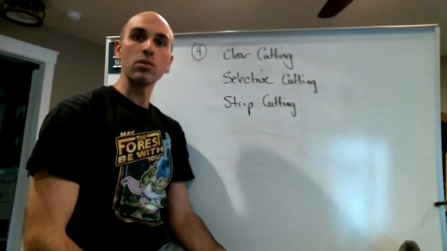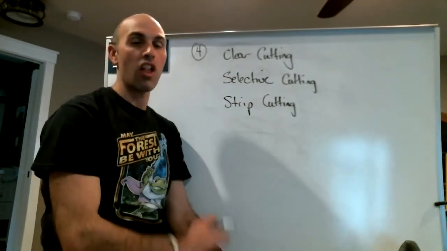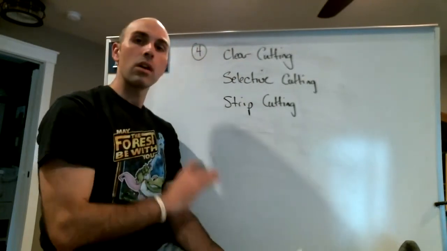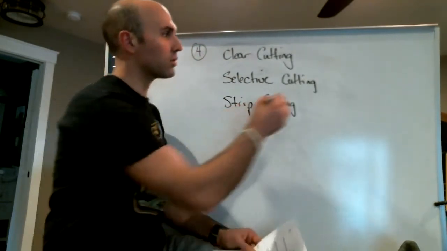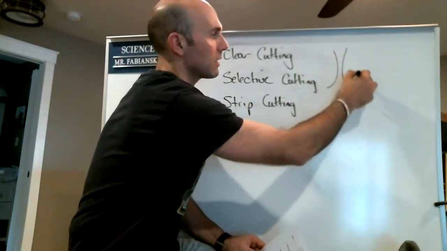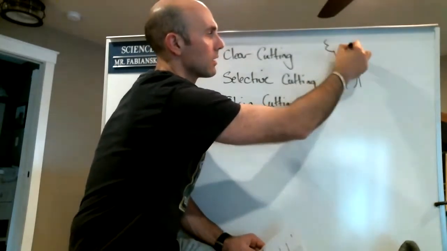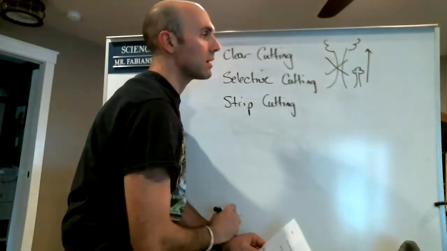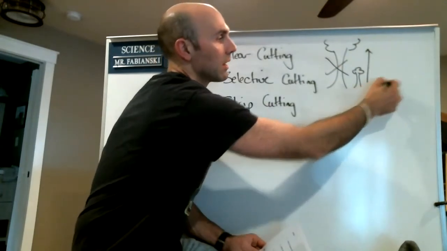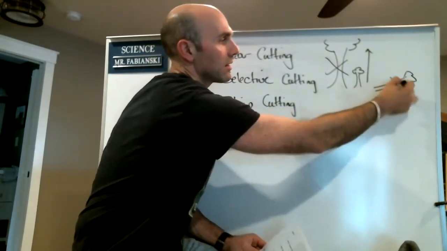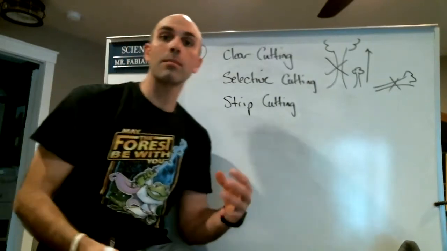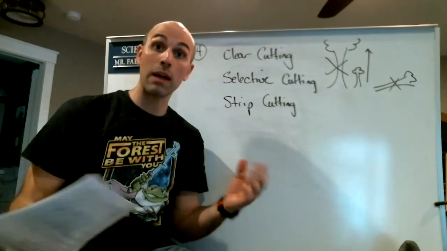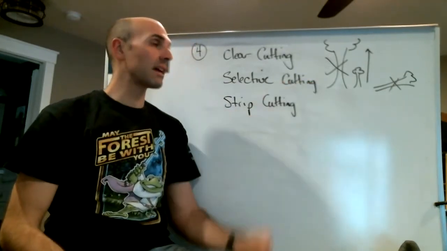Well, clear cutting is where you go and you cut everything down. Nothing is left. You cut everything. Selective, you go in and you're cutting certain trees. Maybe you have a big tree here and a little tree here, right? You're gonna cut this one, but you're gonna leave the little one so that it can grow up one day, right? Or maybe there's some down trees here. You're gonna take those out too because you're gonna try and clean up. You're gonna try and take away that fuel wood. Don't forget about that fuel wood with regard to prescribed burns, right? So that's selective.